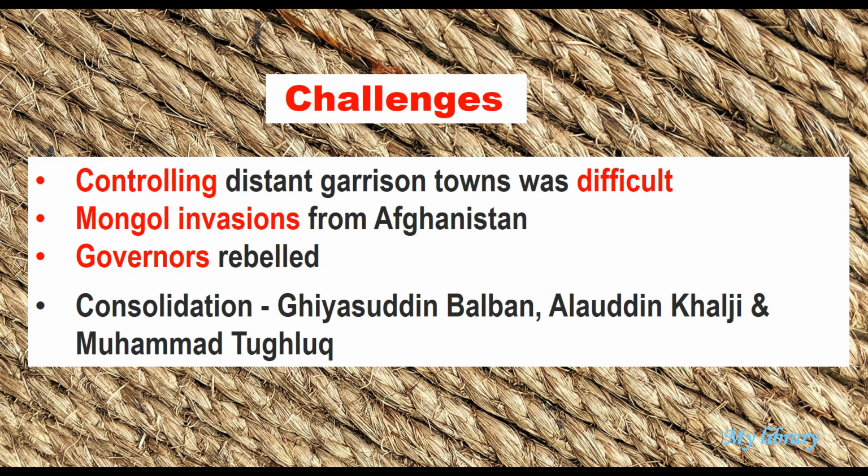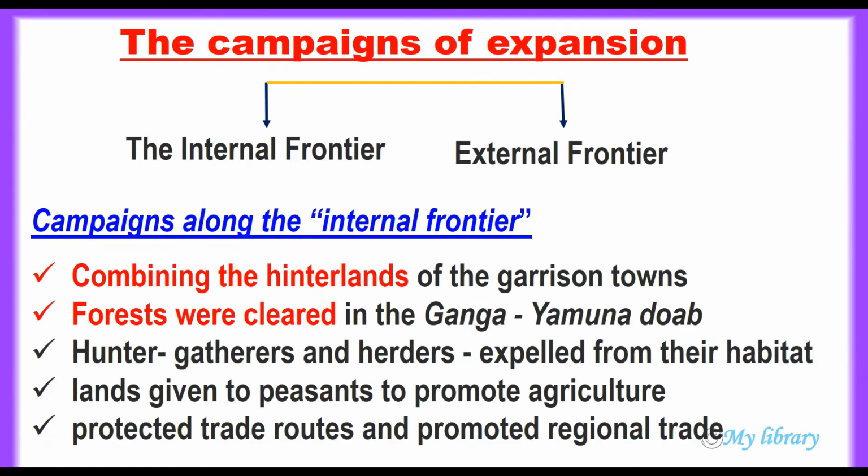The Sultanate barely survived these challenges. Its consolidation, or merging, occurred during the reign of Ghiyasuddin Balban and further expansion under Alauddin Khilji and Muhammad Tughluq. The campaigns of expansion were along the internal frontier and external frontier. The first set of campaigns along the internal frontier of the Sultanate aimed at campaigning the hinterlands, or nearby lands,